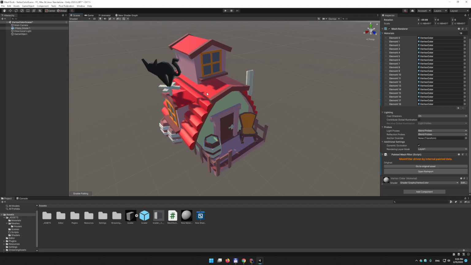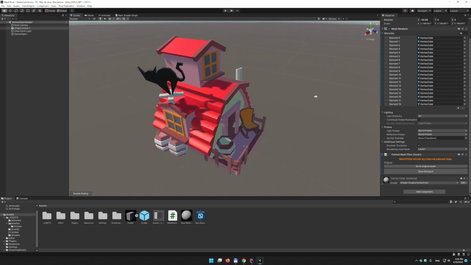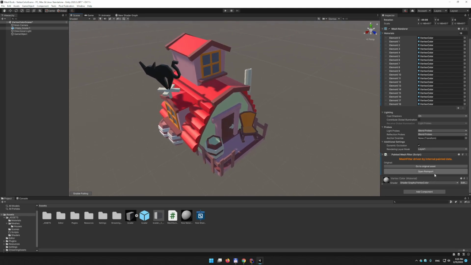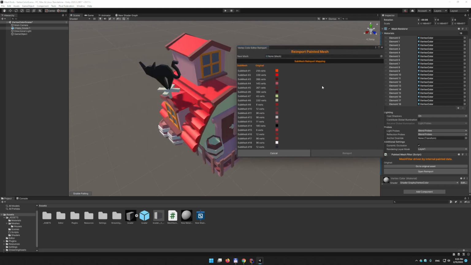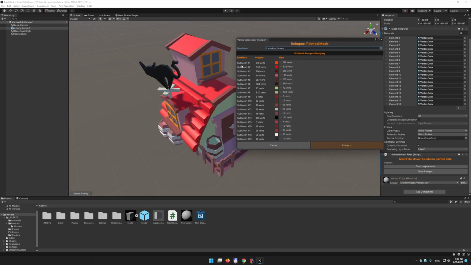if I'm just working on the original FBX, which doesn't have the color data, I need to basically map and match these two geometries, because if I didn't do that and I reimported a geometry without color data, I would lose all my color data that I already have on this nice house. So what reimport does is very similar to bone mapping, for example. So let's say I want to reimport this one, so I see all the submeshes currently on, let's say, the original, which is this instanced version,